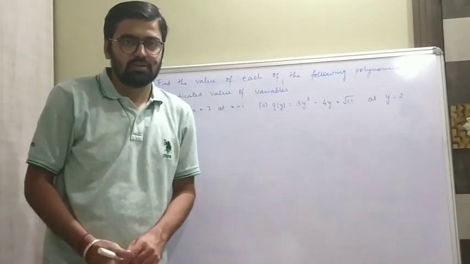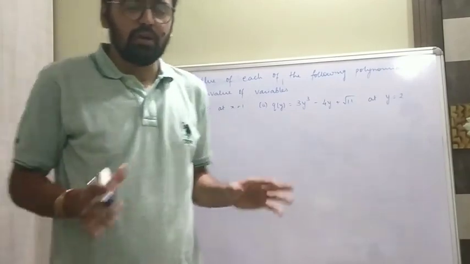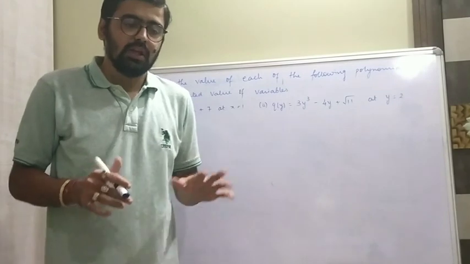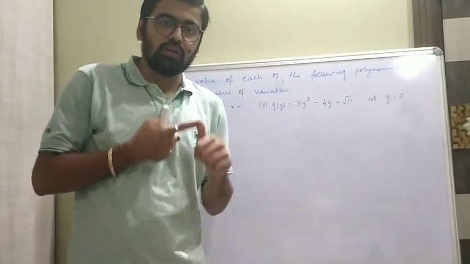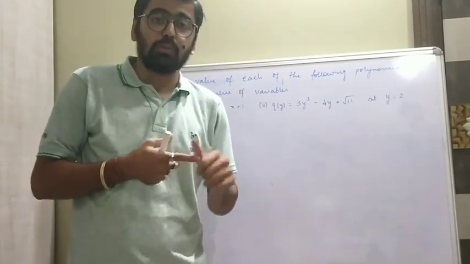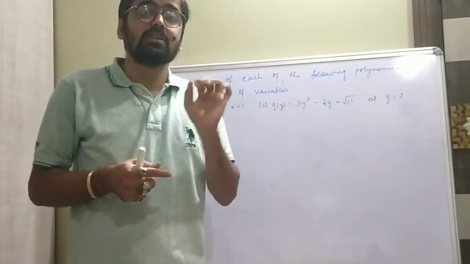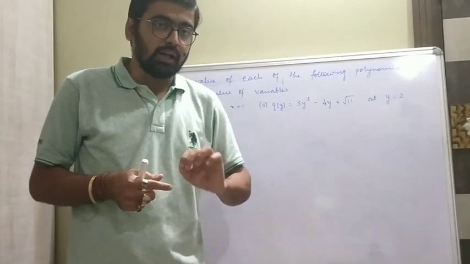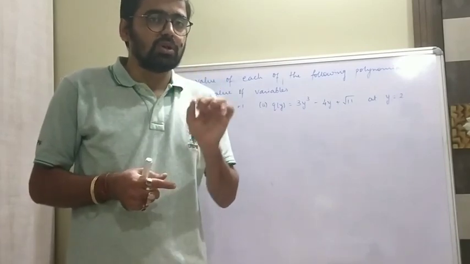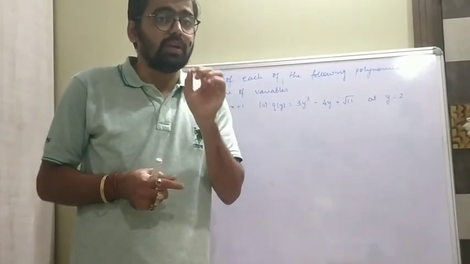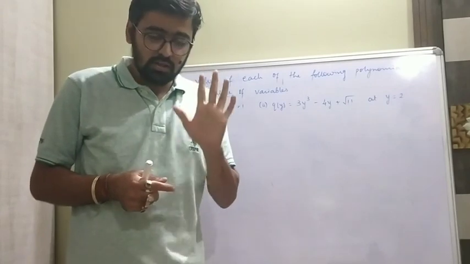Welcome students. So till now what we have done in this particular chapter is we have already understood what the polynomials are, what the types of polynomials are, as well as we understood in our last class what the zero of a polynomial is. Correct. I mark out a few instructions or points for all of you so that we can easily understand that in a good way.